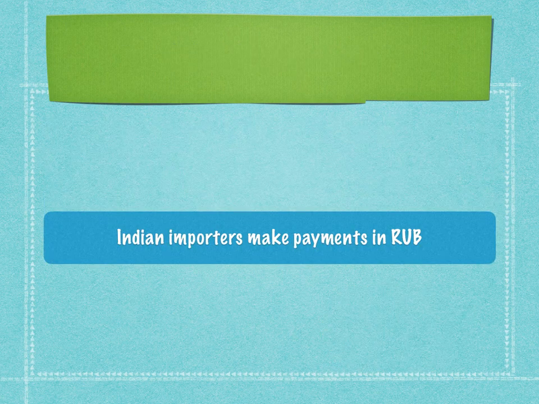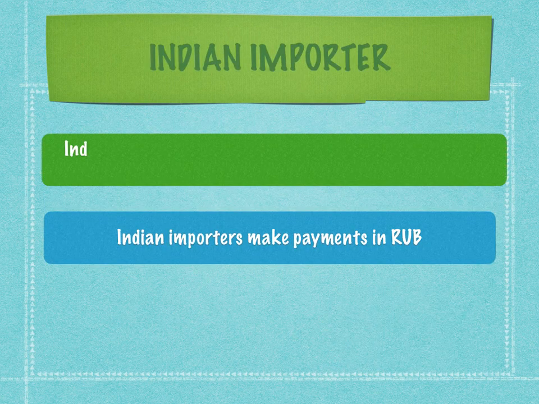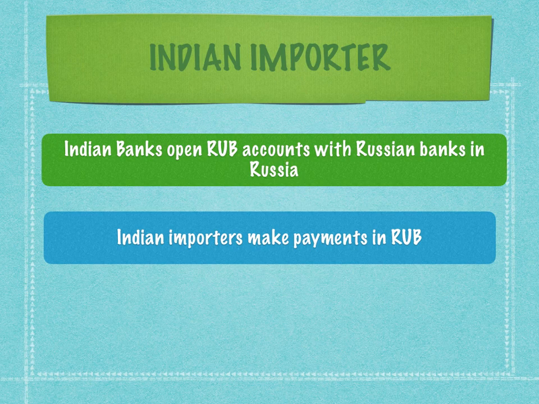Let's take a look at what is the fund flow over there. The Indian importer, the Indian banks open RUB accounts. RUB is ruble, that is the home currency of Russia. They open RUB accounts with Russian banks in Russia. The Indian importers make the payment in ruble. Okay, so directly there is a payment made by the Indian importer through the Indian bank which has a RUB